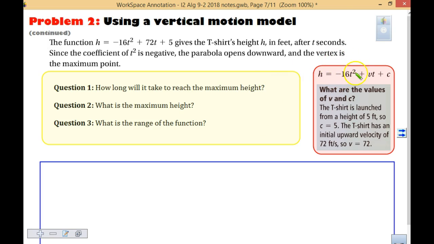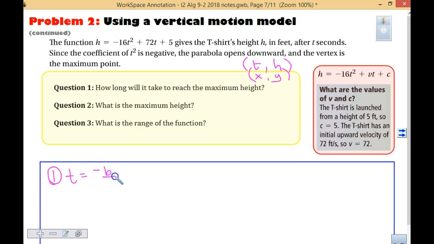Now, when we look at this equation, we are looking at it in terms of time, comma, height, right? So time is like our x coordinate, height is like our y coordinate. So how long will it take to reach that maximum height? What we really need to find is our axis of symmetry. So first step, we are going to put t equals, the equation is